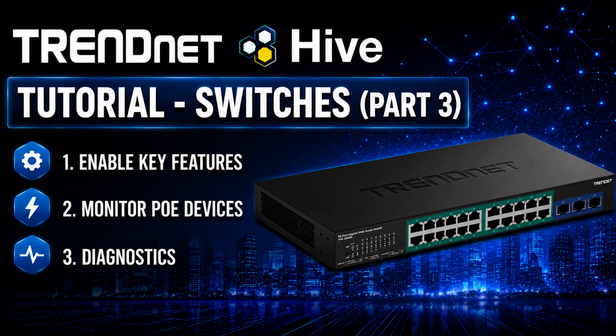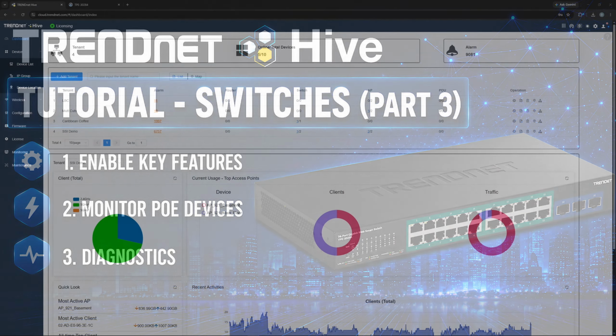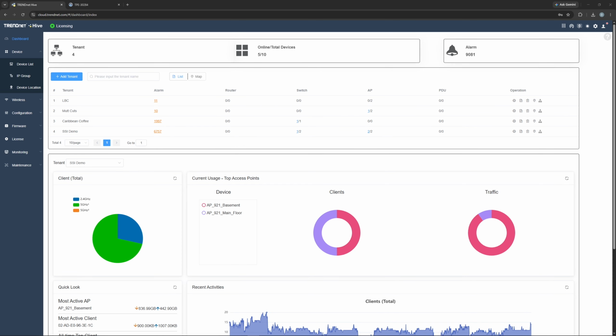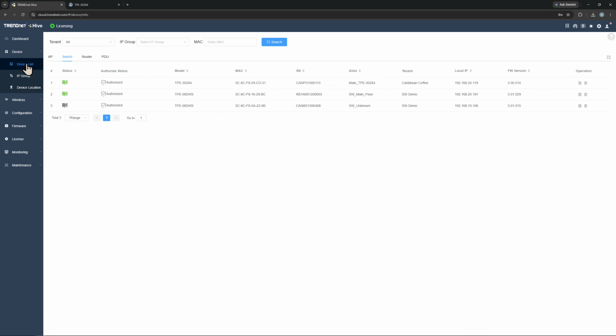Today we're going to be talking about TRENDnet Hive and switches. This is part 3 of our tutorial series on TRENDnet Hive. And today I'm just going to go through some basic features that you're going to want to enable on your WebSmart managed switches. So if we go to our device list and we are on our switch tab, you can